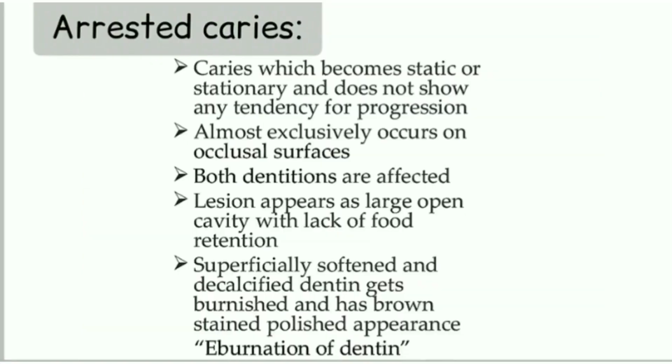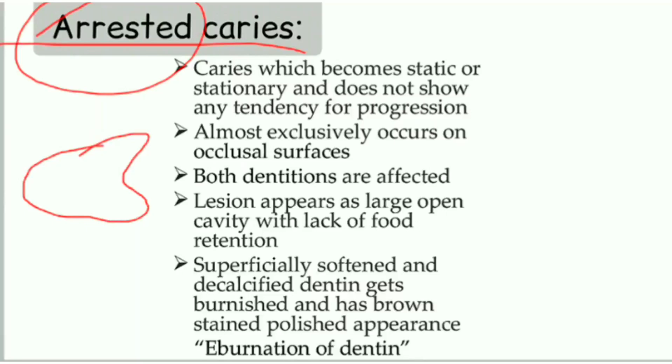Now let us see what is arrested caries. Arrested caries are caries which get arrested at some point of their progression. Arrested, as the name indicates, means it is not progressing any further. It is usually seen in large cavitated lesions. This cavity has formed because of caries progression. Now this cavity has become so large that it becomes a self-cleansable site. No more food gets lodged in them. They get cleaned on their own, meaning even just drinking water can clean them.